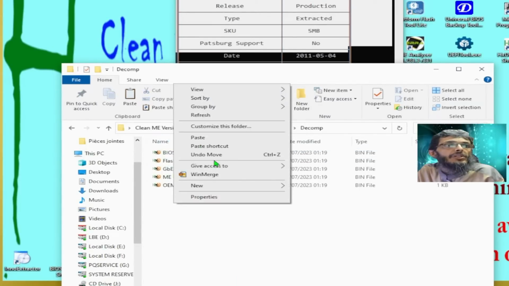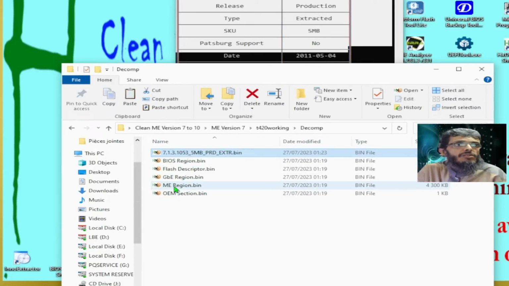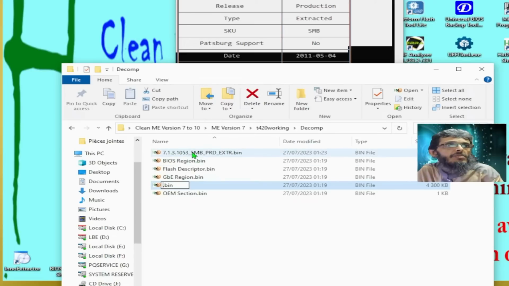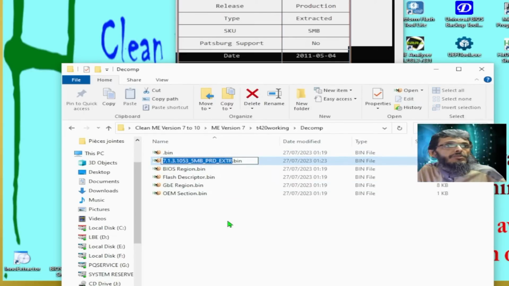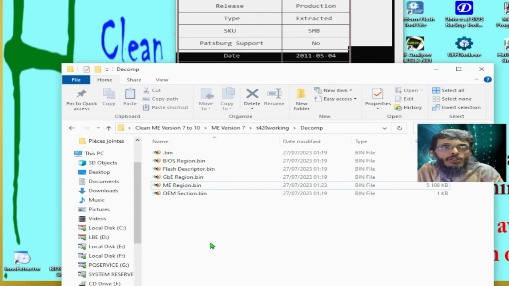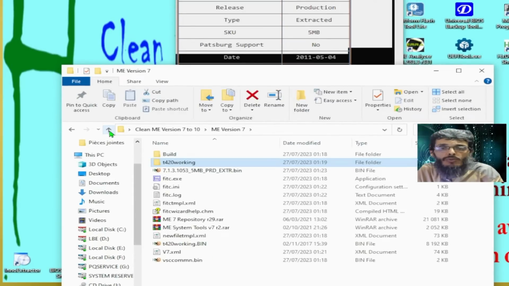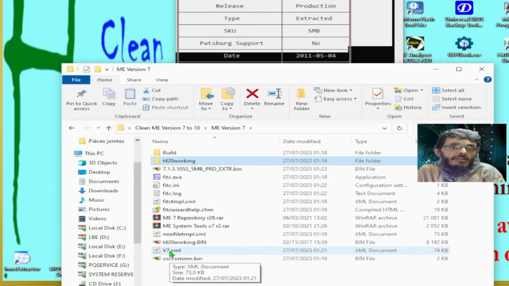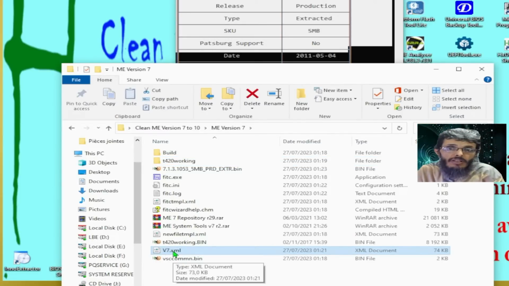So as I have said, we have to copy this and put it inside this folder containing the partitions of our dump, paste like this, and you go to ME region and press F2 on your keyboard, Control X to take out the name, and you choose the file which we have copied and pasted here right now, and with F2 to rename it and Control V to give it the name ME region, so that once the image is built by the flash image tool, the ME region will be replaced, and it will keep the configuration which we have saved within this XML file which we have named